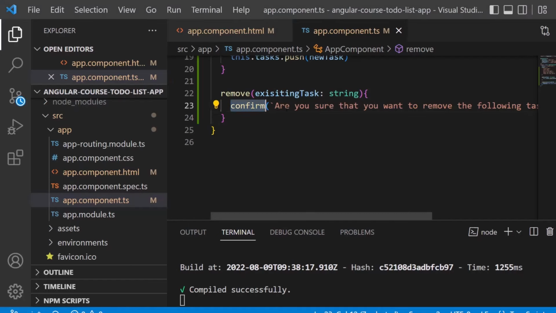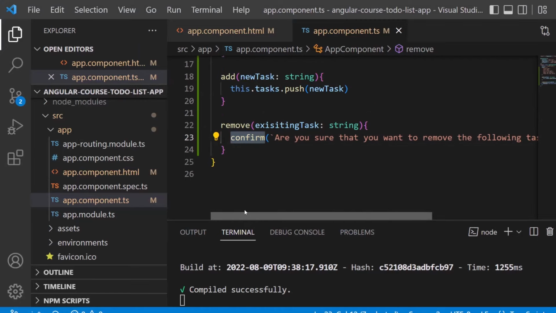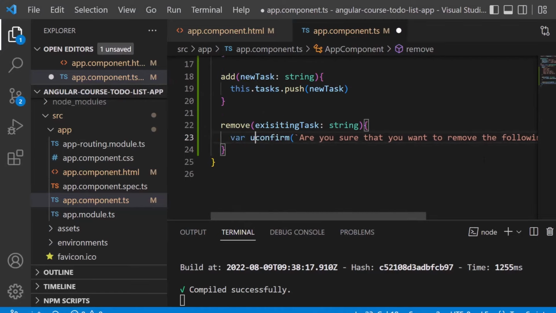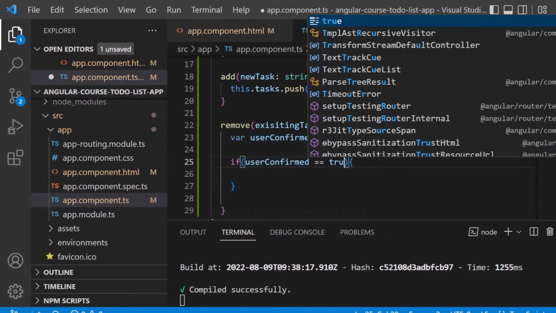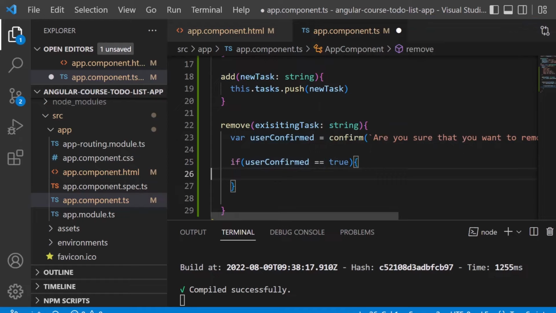That confirm here is, well, giving us a return value, so we can store it and say var user confirmed equals to confirm. So we got a Boolean value. Yes, the user confirmed the process of deletion, or no, user did not confirm, right? So if user confirmed, you can write it down like that. So if user confirmed, this assumes that yes, the user confirmed, right? You may know it like this, if user confirmed equals to true, but it's exactly the same if you write it down like this. Okay, and then we want to remove the task from our array,